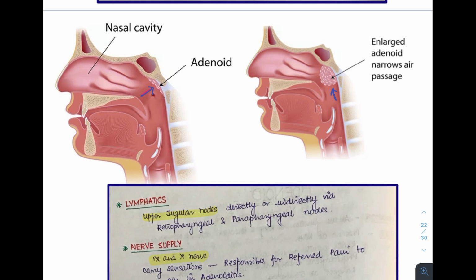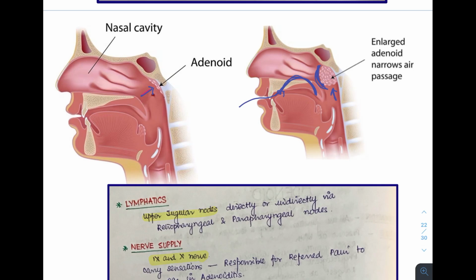And also, as you can see, it is completely causing nasal obstruction over here, as a result of which it becomes very difficult for the children to breathe through the nose, and hence they start mouth breathing. Because they start mouth breathing, a lot of them develop a high arched palate, which is a very typical feature in the adenoid facies. In these cases, therefore, you have to go for adenoidectomy.